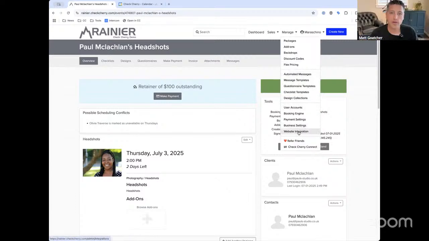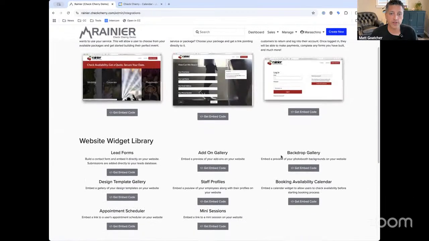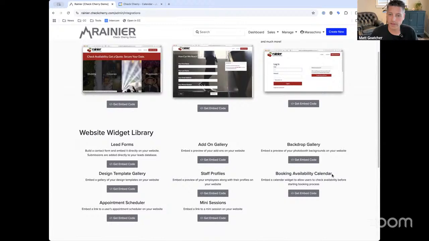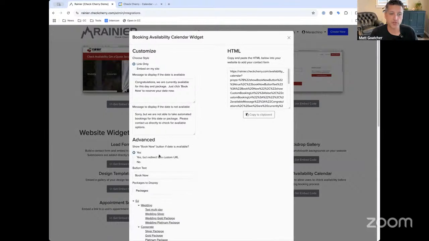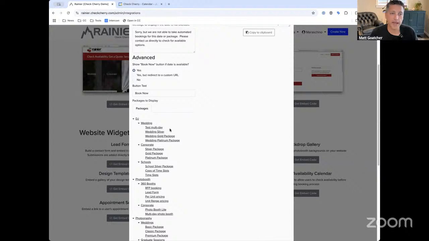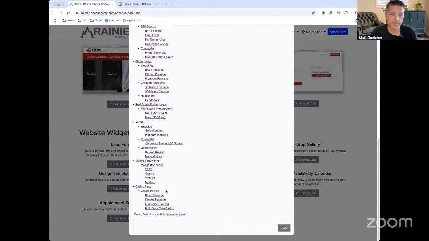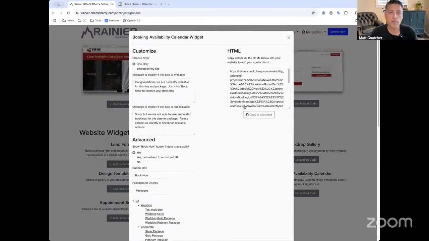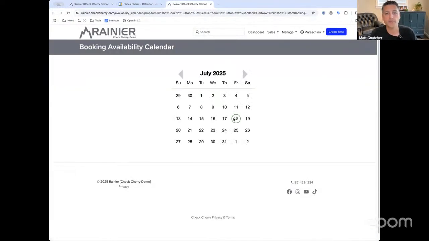So I think what Jim's referring to, under manage website integration, we have this booking availability calendar. And what you can do is copy that. There are some advanced options in there as well. So if you want to just limit it to a certain package, or sometimes people want a wedding specific one, you can do that. But basically you can copy that and embed that within your website. And they can pick a day,